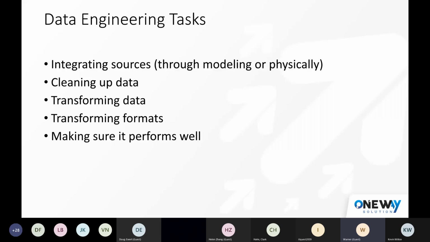And maybe you have a partner that sends you some data in CSV files and you are saving it in Parquet now so that it's a more efficient format that you have in a data lake. You have to do that as well. And of course, you have to make sure that it performs well,